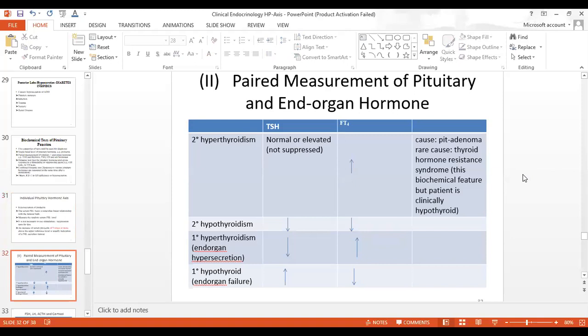Then for the paired measurements, usually the thyroid gland. Now here you have to understand it very well. We'll be using terms like primary and secondary. When you use the term primary, for example, primary hyperthyroidism, that means that the organ that is producing that hormone is defective. So in this case, primary hyperthyroidism means that the thyroid gland itself is what is producing the